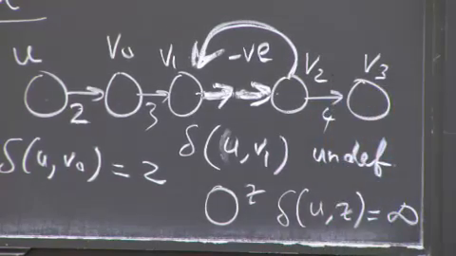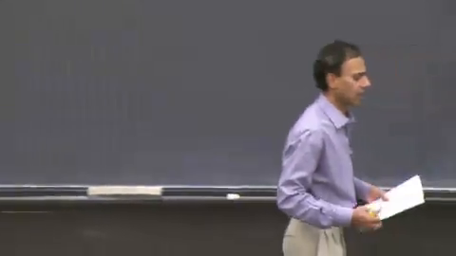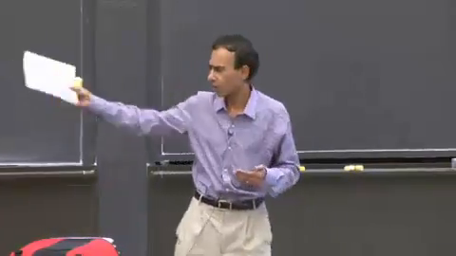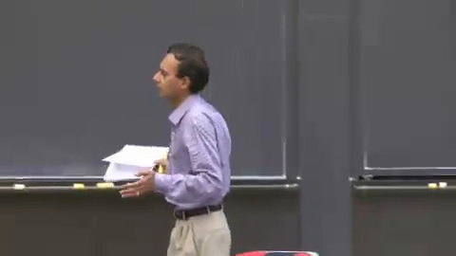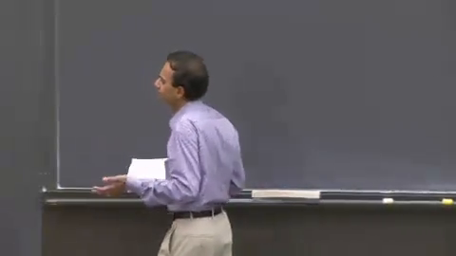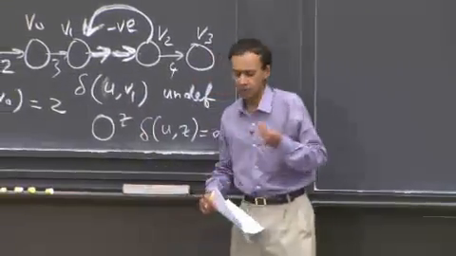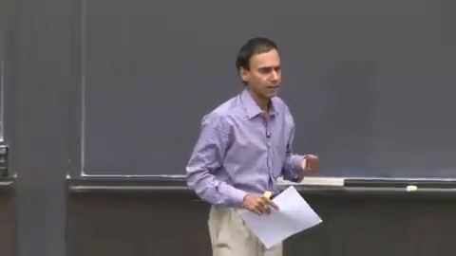And you kind of assume at the beginning of these algorithms that the source, in this case I call the source u, but the shortest path to u would be 0, and all of the other ones are infinity, and some of them may stay infinity, some of them may obtain finite shortest path weights, and some of them will be undefined if you have a graph with negative cycles in it. And so that's sort of the specification, if you will, or the requirements on the Bellman-Ford algorithm. We wanted to be able to do all of the things I just described. Okay?